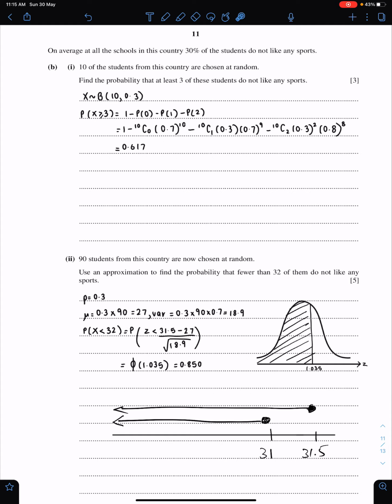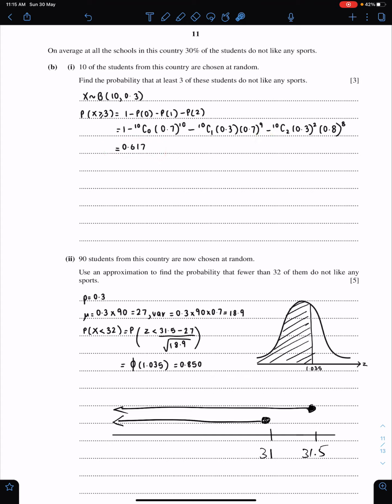On average, at all the schools in this country, 30% of the students do not like any sports. Part B1. 10 of the students from this country are chosen at random. This situation is a binomial distribution with n 10 and p 0.3. Find the probability that at least 3 of these students do not like any sports. At least 3 means 1 minus the probability of 0, 1 or 2. With the help of the binomial distribution formula, you can easily get this probability and give your answer up to 3